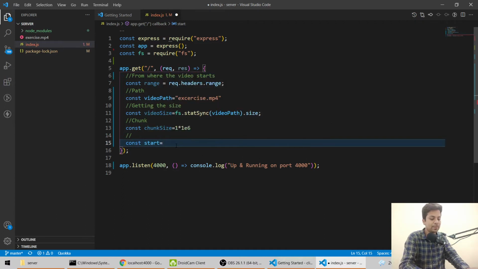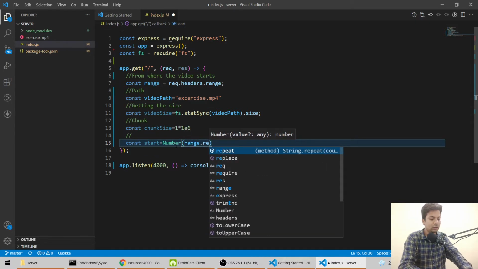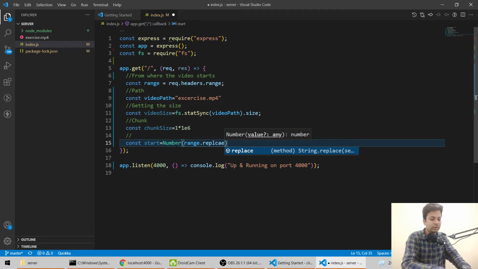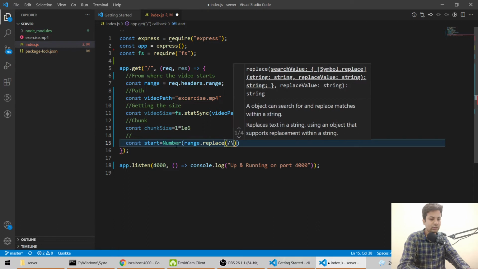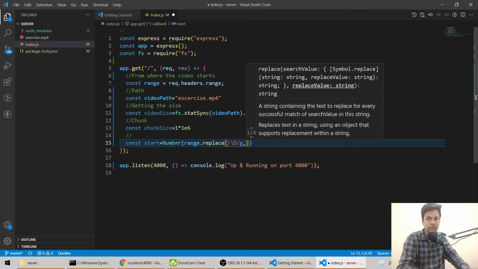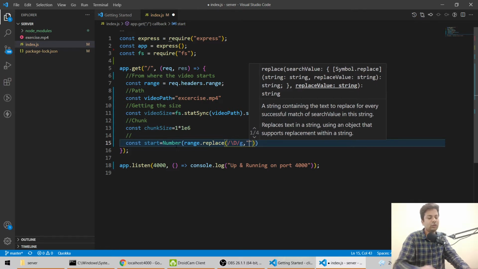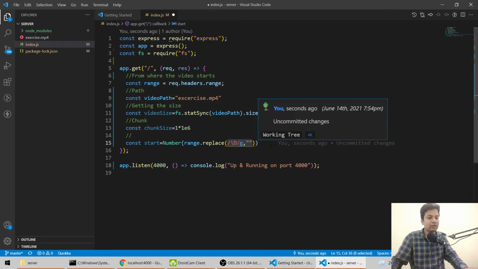So we'll say number, range dot replace, slash slash d slash g, comma, double quotes. So we are just taking all the numbers, it's regex. So basically we are getting from where we should start the number.